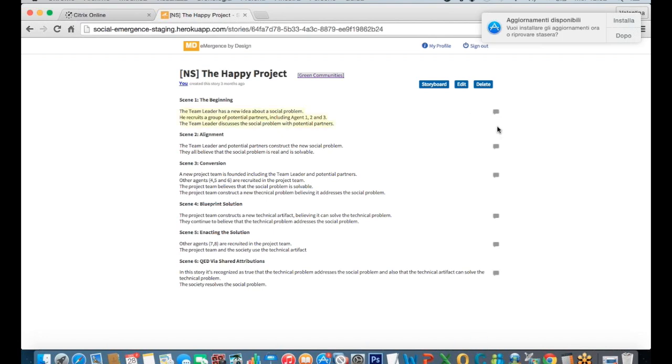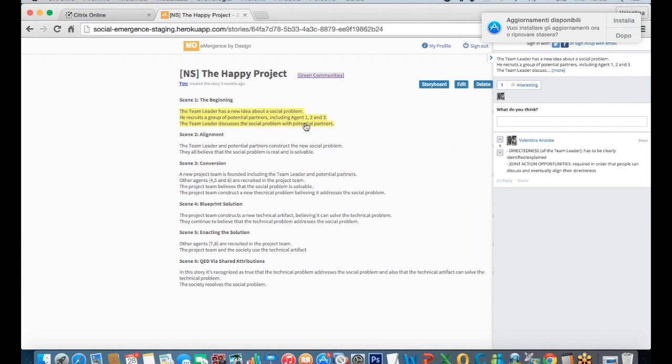But as you can see here, we have some comments that says, you have to take care. You have to remember that for this to happen, people have to share the same directness, have to have the same action opportunities, and so on. So this is true at the very abstract level, but then you have to check if in